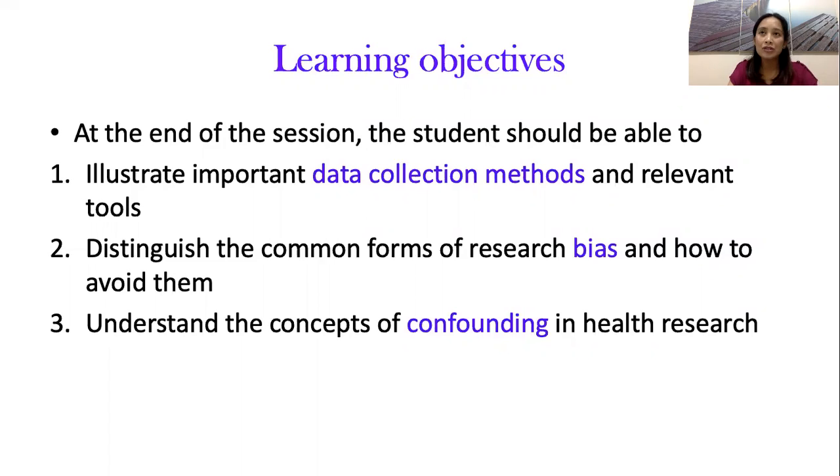These are all very important concepts in order for you to be able to develop a research protocol that will generate valid conclusions. Because if your protocol is full of research bias that are not adequately addressed, as well as confounding that has not been identified, it could make you generate invalid conclusions without you even knowing it.